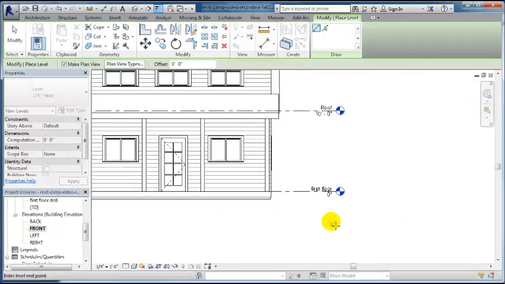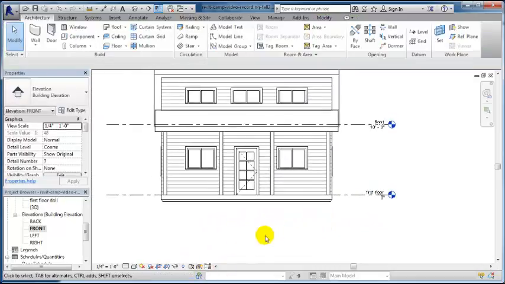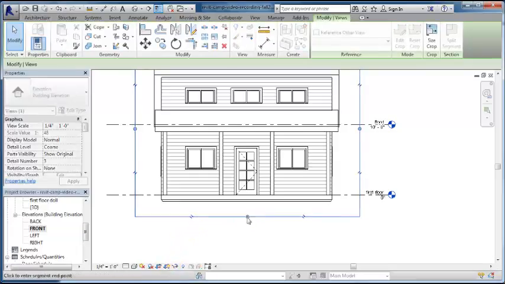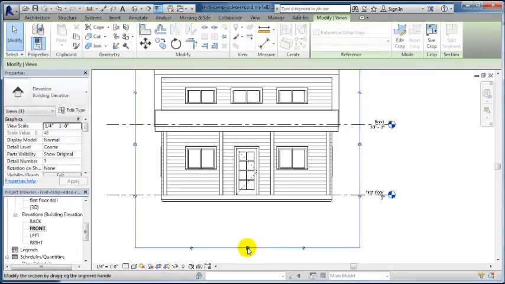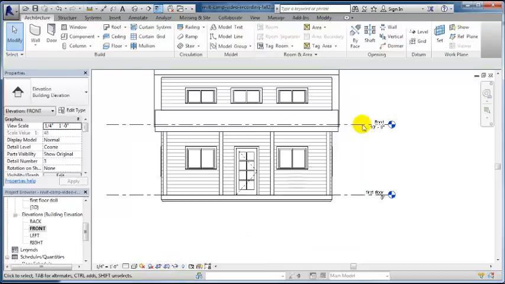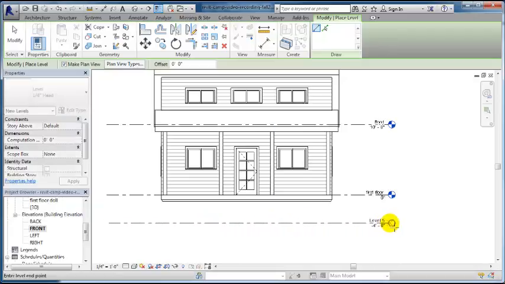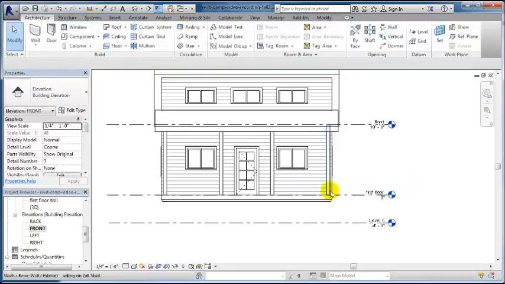Now I'm not seeing the level, so I'm going to hit Escape. I think I know why that is, because of my crop region. So I'm going to turn on my crop region and extend it down a bit further so that we can see that new level, and then I'll turn it off again and start again. Once you drag off underneath the other levels, it will kind of snap into place so it aligns with the other levels. And I'm going to rename that